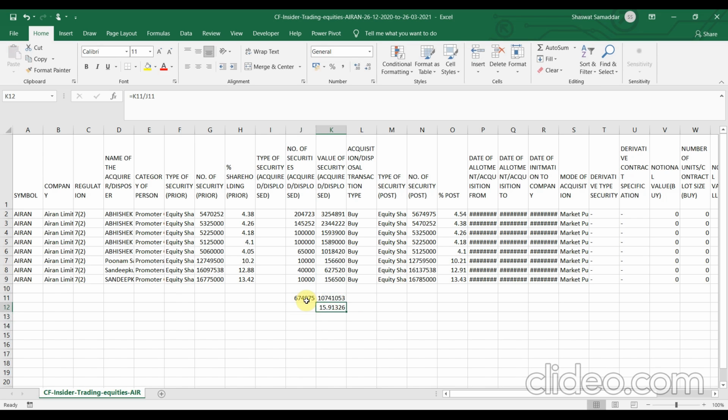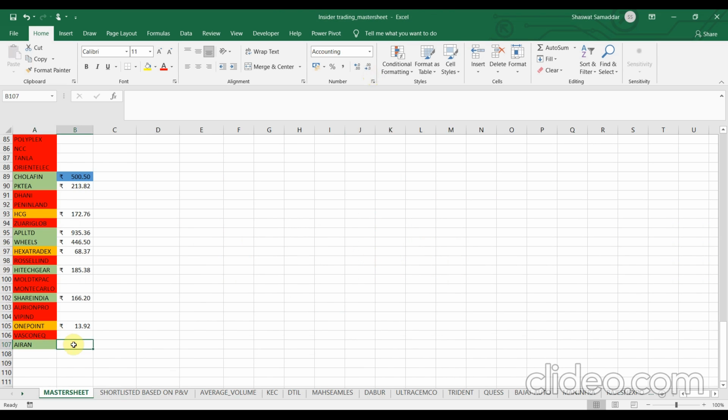So I moved a little bit fast here, but let me just explain it once again. It would make the video long, but it's okay. I calculated first the total number of securities right here. Then I calculated the total value of security. Now it's very simple maths and common sense how we will reach the average price. We will reach it by dividing the total value of security by total number of securities, and that's how I reached this particular price. So it is 15.91. Let me just write it down.